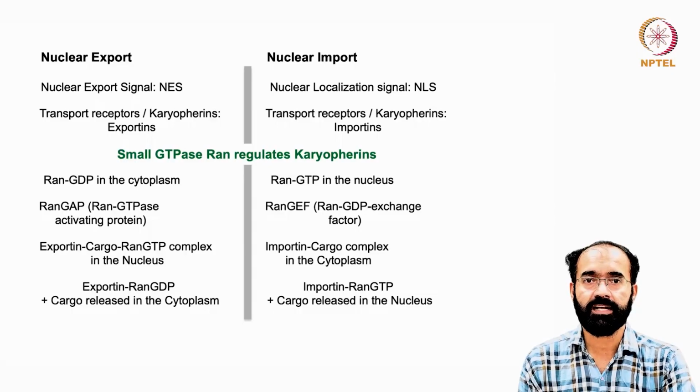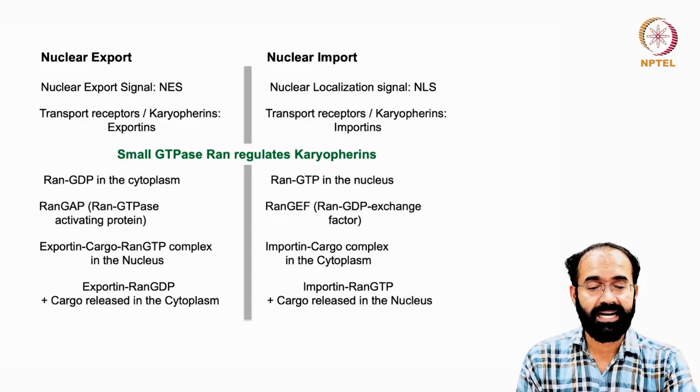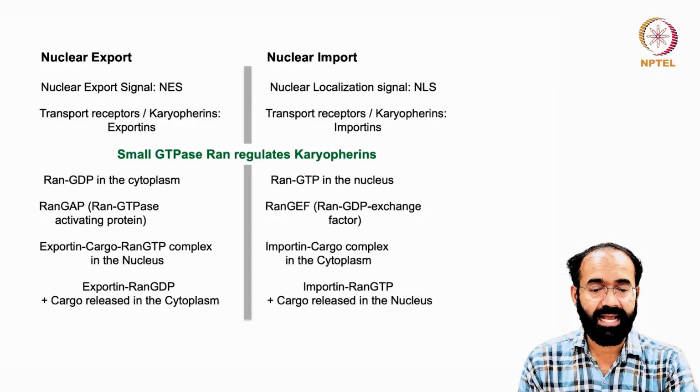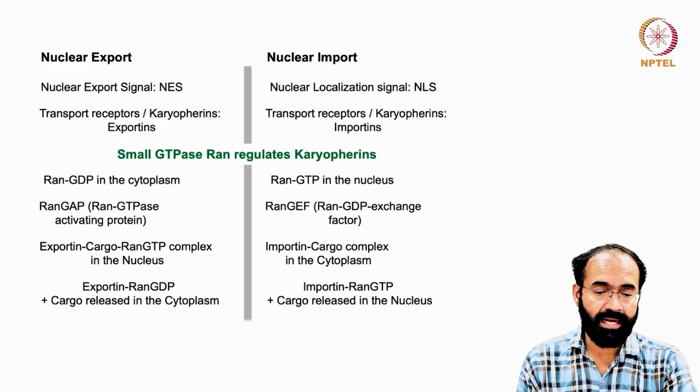All we need to understand is that if an RNA has to move from the nucleus to the cytoplasm through the nuclear pore complex, it must have the nuclear export signal. And mainly the transport receptors, especially the karyopherins and exportins, are the readers of this nuclear export signal in nuclear export. And we should understand also that